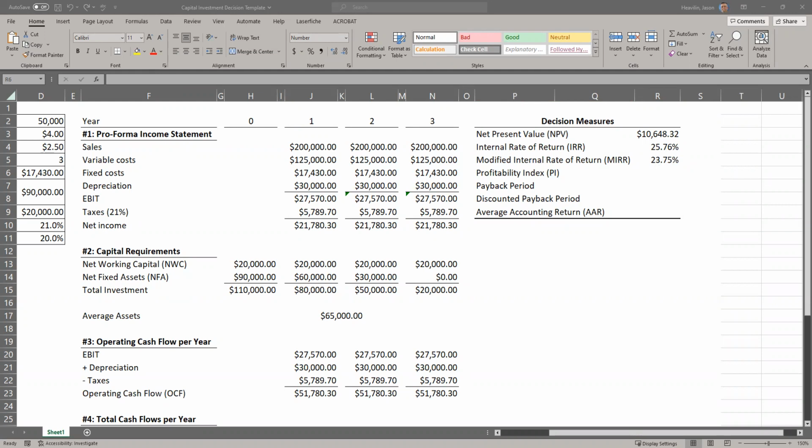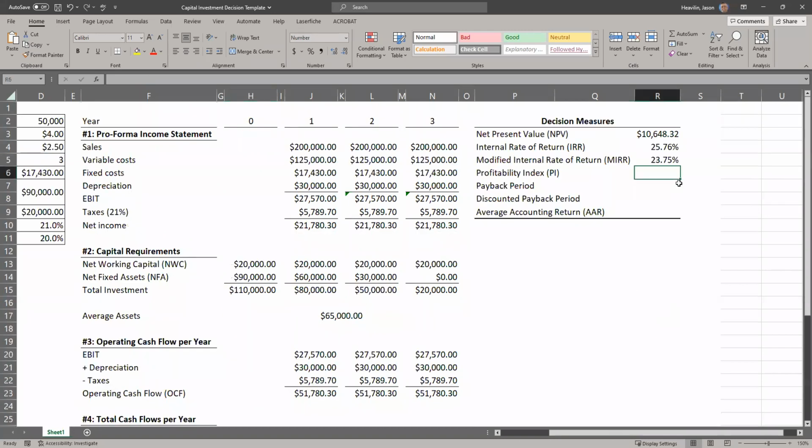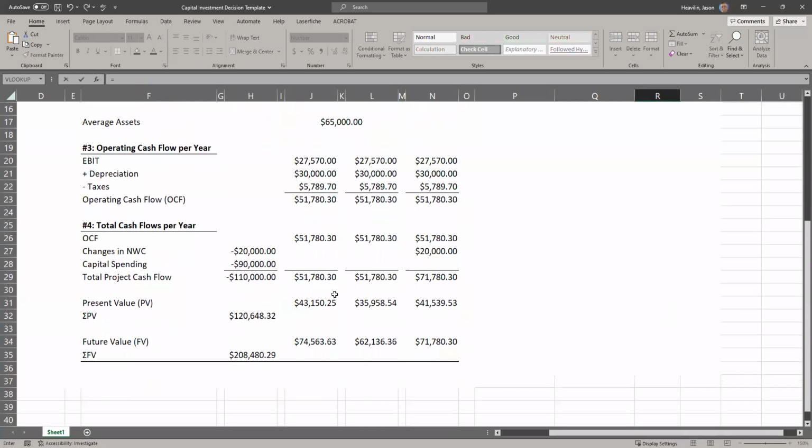Okay. And you use the same numbers as NPV, but instead of adding and subtracting, you are going to do a division. So we're going to be using this one and this one like we did with NPV. Now, in NPV, we added them. Here, we're going to divide them, and we're going to do the absolute value approach as well. So if we take the present value of the future cash flows and divide it by the absolute value